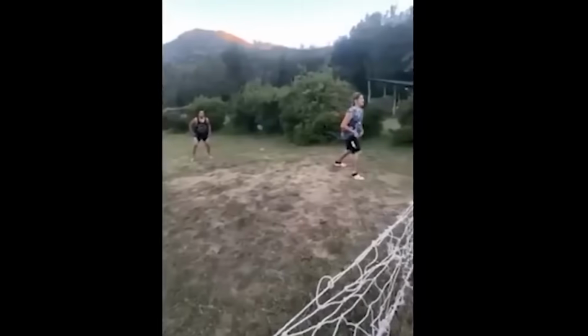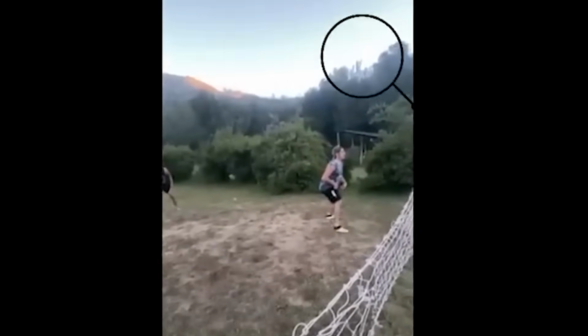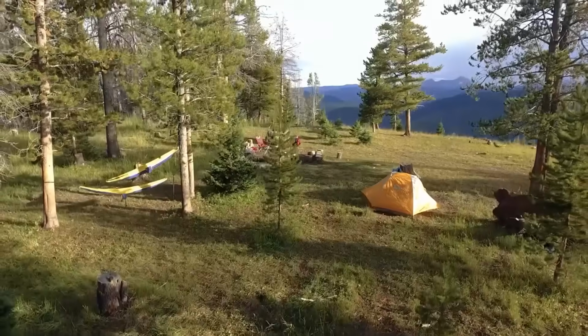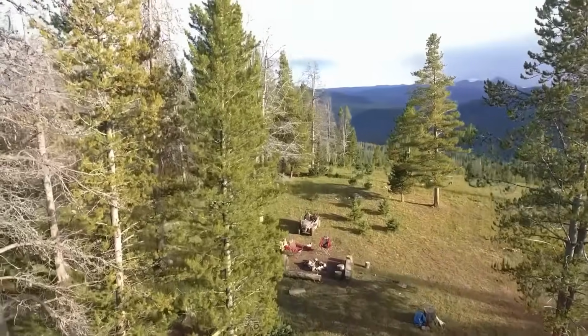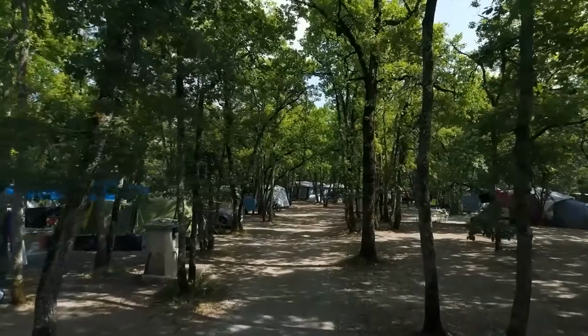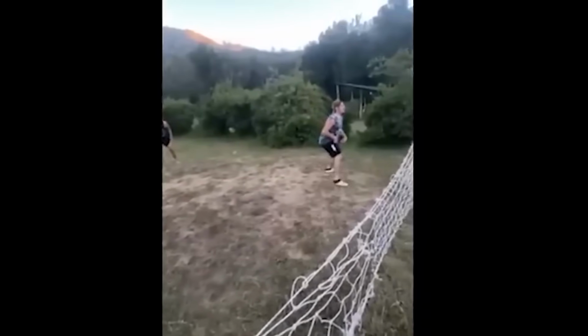A group of friends on a camping trip captured something otherworldly streaking across the sky, a real UFO caught on camera in the wilderness. In January 2024, 5 campers were goofing around at a campground in Argentina, filming a slow-motion video for fun. They set up a phone to record one friend jumping to headbutt a volleyball, intending to play it back in slow-mo, and the group laughed and carried on, thinking nothing of it, until they watched the footage